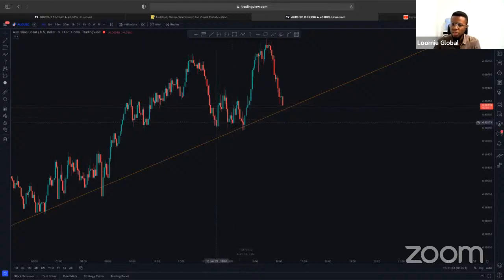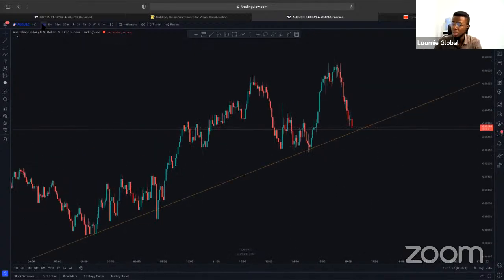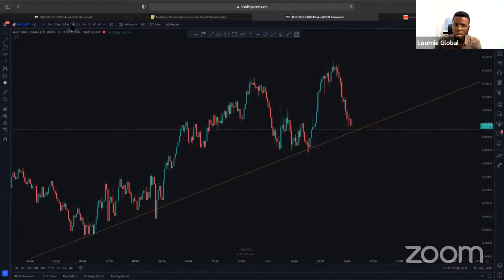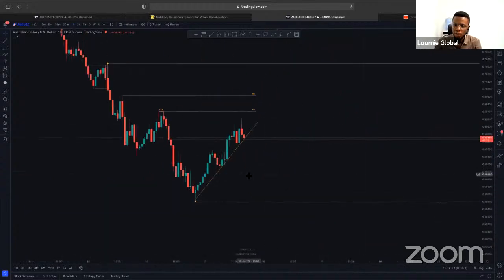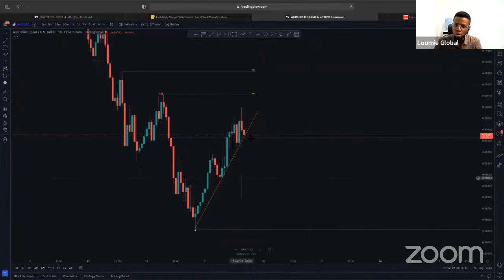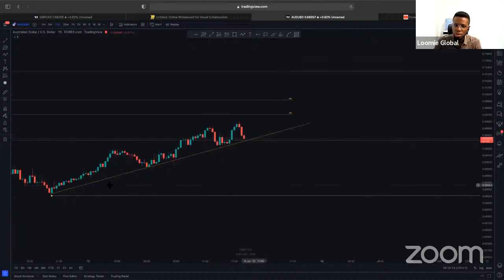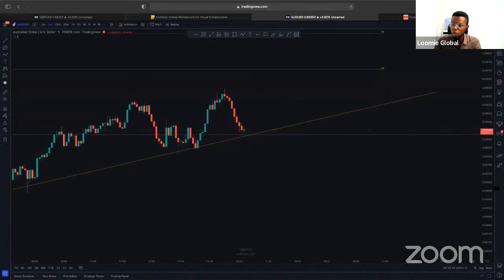So if I were the one looking at this chart at this point, this is a 3-minute time frame, by the way. Don't forget that we are giving preference to the higher time frame. So I would have come to my 1 hour time frame because I'm an intraday trader. I did a lot more with 15 minutes, 1 hour, 4 hour time frames, right? So I'd have come to my higher time frame and drawn my trend line. Even from 15 minutes, I can draw my trend line because I've gotten enough touches right here. And then I'm looking at lower time frames for confirmations.